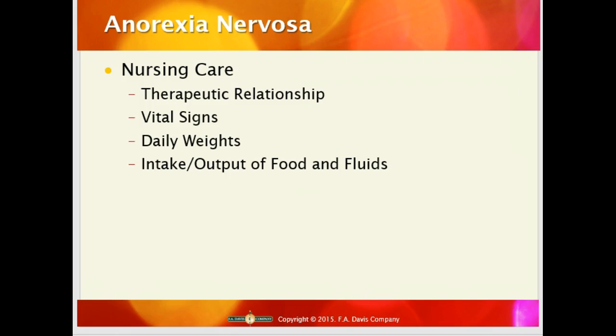You want to have a positive reward system, praise any small achievements in weight gain, not intake of food, but the fact that they've gained weight. Privileges may be based on weight gain. This damages self-image or self-esteem, and this is an underlying cause of anorexia nervosa and may need to be addressed with psychotherapy and behavioral modifications. You may want to include their significant others or their family. They have altered body images, and their self-esteem issues must be addressed for an underlying cause.